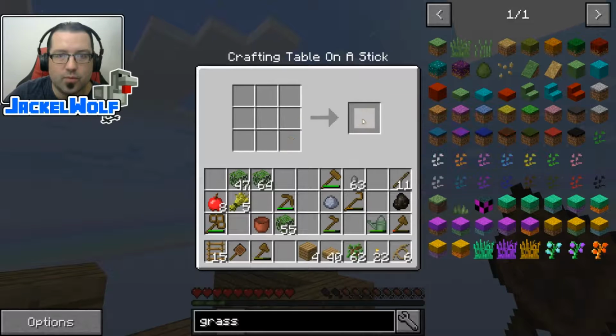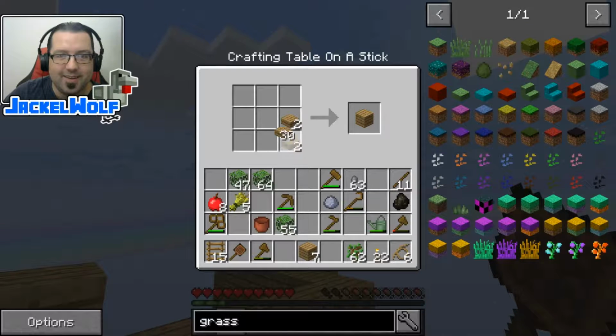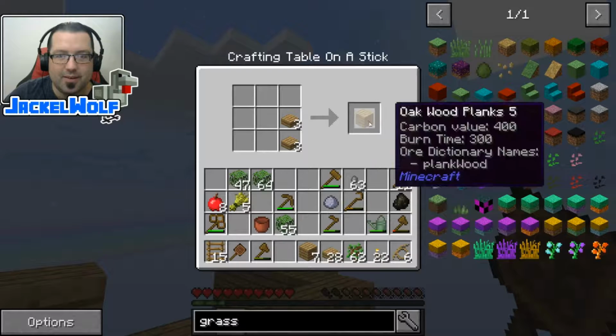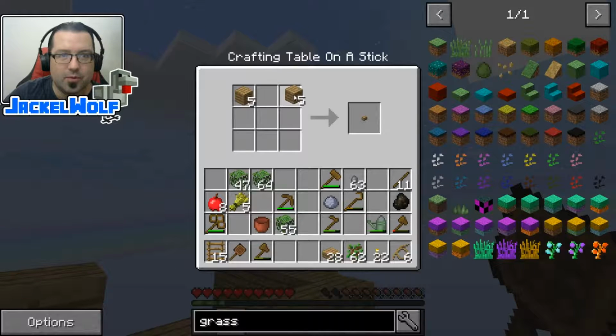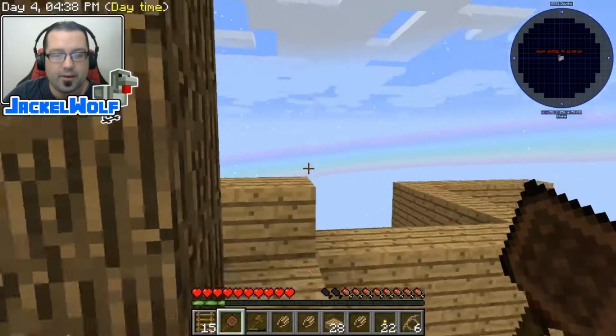Oh yeah, I'm making some more shears. That's what I'm doing. I was like, hey, I'll do 7. No. I need an even number of planks to make an even number of shears. Or not an even number of shears to make shears, because it's divided by 2 there. So